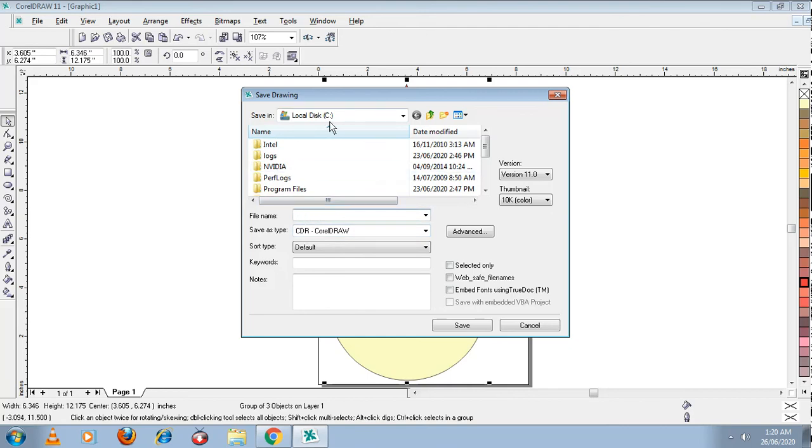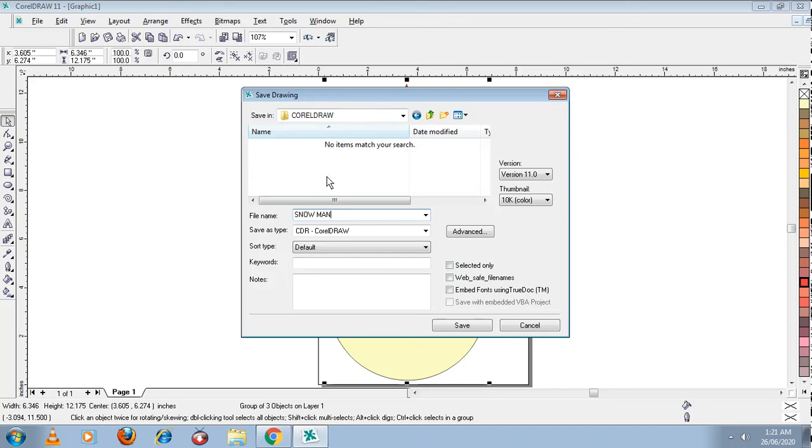I'm saving it into D drive. There is one CorelDRAW folder I have created in D drive. In this I'm saving, and the file name I'm giving is snowman. Does it look like a snowman? Okay, fine.